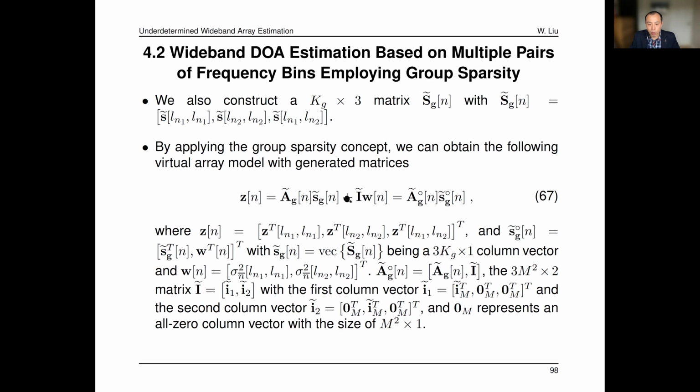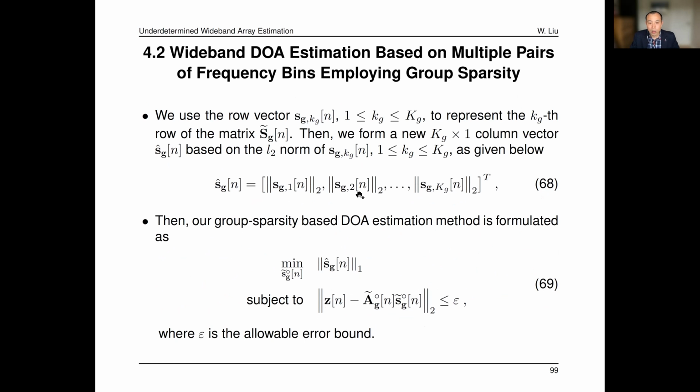And then again, you can merge the noise part, like a steering matrix for the noise, with this to form a new steering matrix which covers both signal and noise. And then this is the source part, including noise. And then you can calculate this